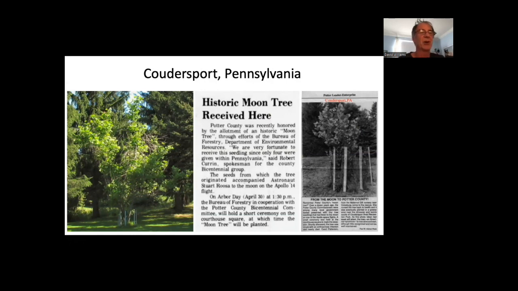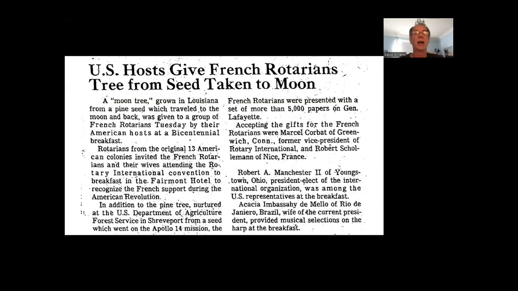They had a little party and a little celebration of their moon tree, and it's one of the things that I think is really special about the trees: they are not just at the state capitals, not just planted at big places like that, but also in little towns. Some elementary schools, little parks and little museums got these too. And I've got the whole list of these on my moon trees page. It turns out not only in the United States, they actually sent them to other countries as well.